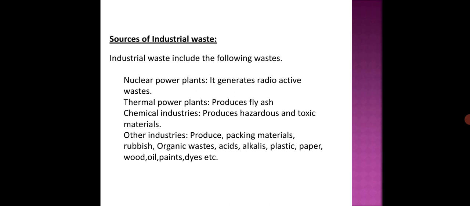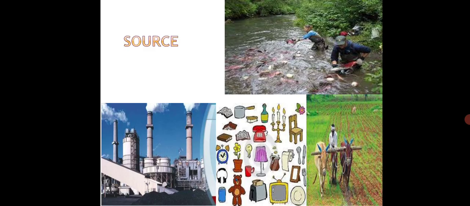Then the third waste is hazardous waste. A hazard is any substance or element which is injurious to any type of living thing in the earth's crust. That which is harmful to any type of living thing in the earth's crust is called hazardous waste. Its sources are chemical manufacturing companies, petroleum refineries, paper mills, smelters, radioactive substances, biological wastes and other types of industries.